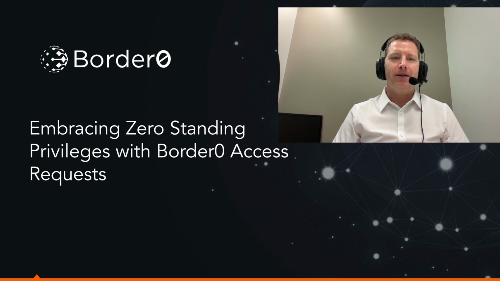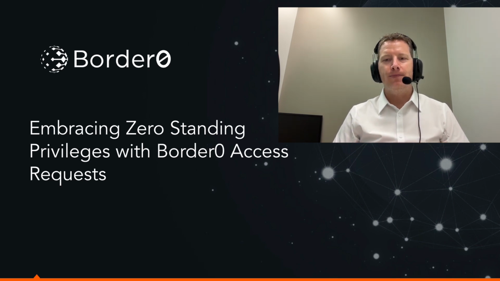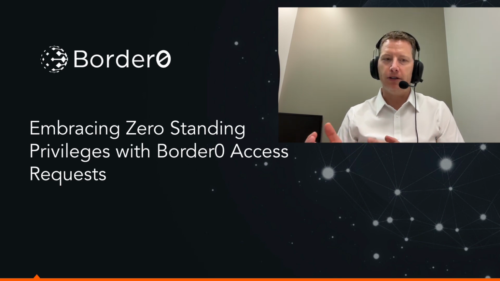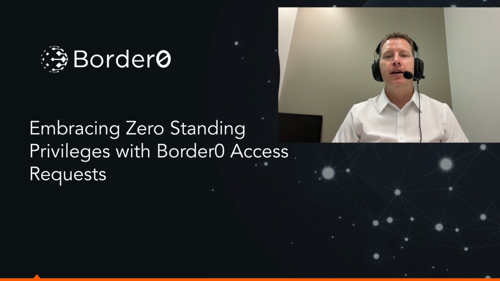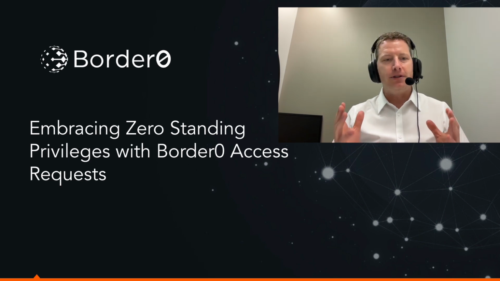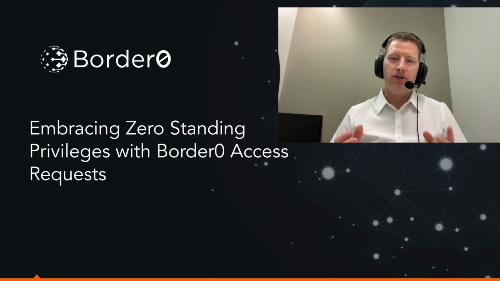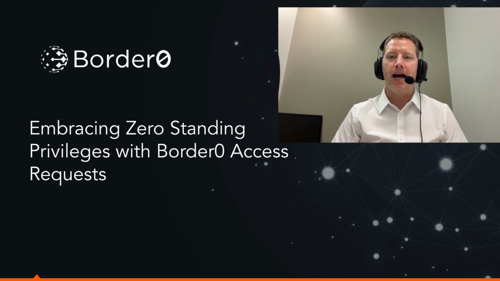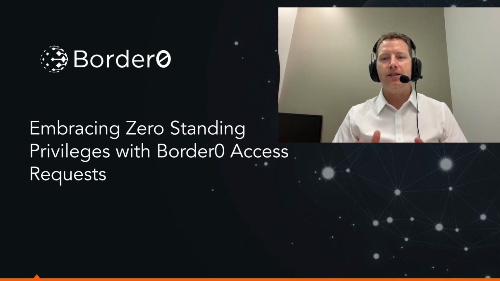Today we'll be looking at demonstrating the access request feature. Access requests are a fantastic tool for achieving zero standing privileges for infrastructure access. This means that by default there are no long-standing or permanent access privileges. However, we make it incredibly easy to request access just in time for when it's needed, ensuring that only the necessary access privileges are granted and only for a short amount of time. Let's dive in and take a look at what this looks like in action.